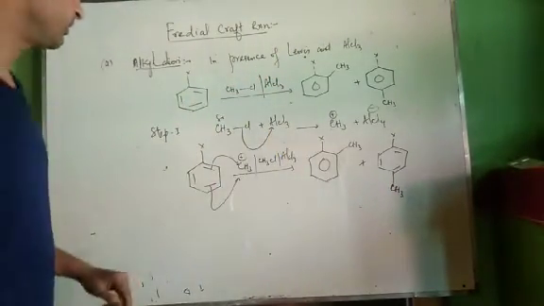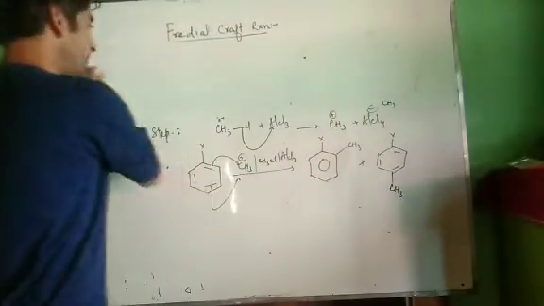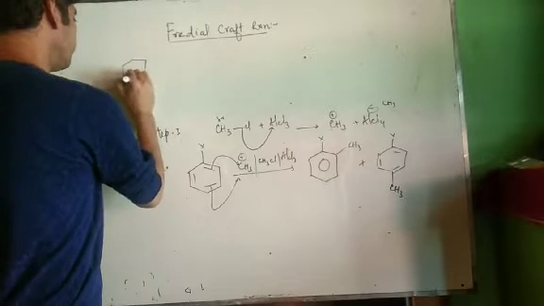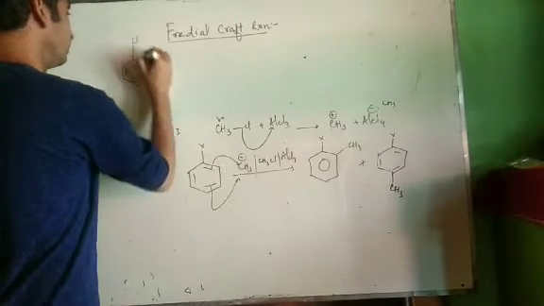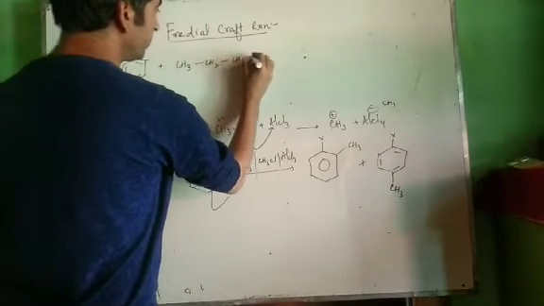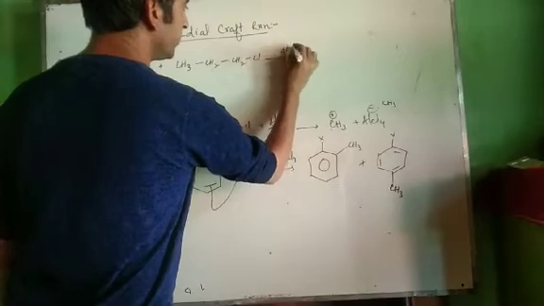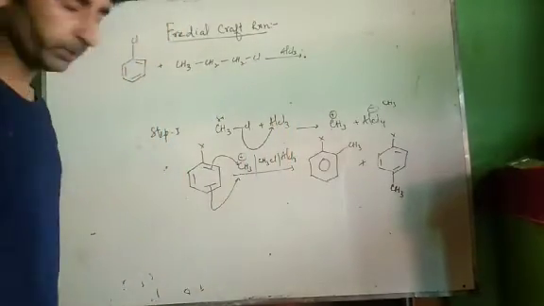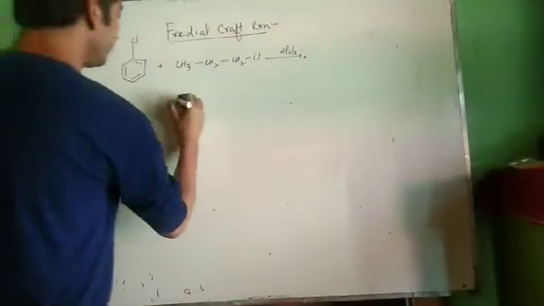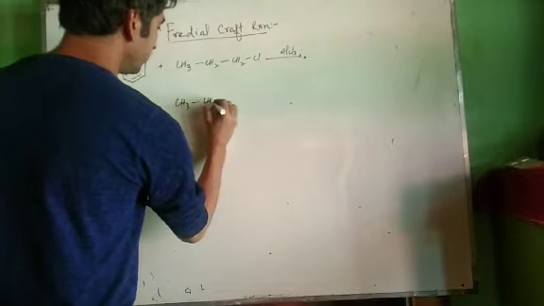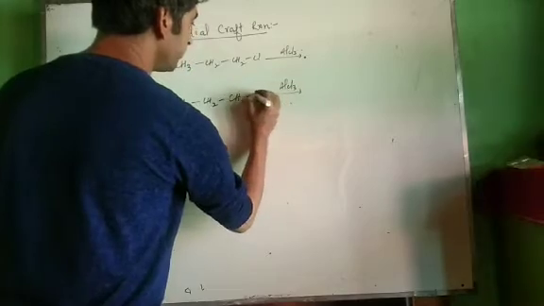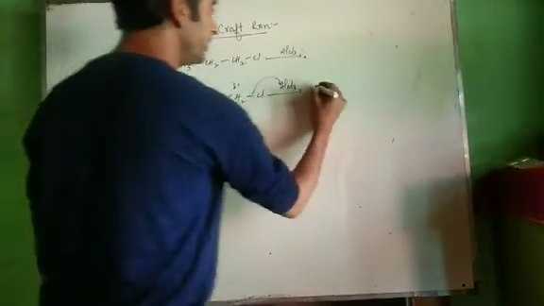Now see, what is the crux of this reaction? The crux of the reaction lies in this. If I take one more example, this is our chlorobenzene. To this chlorobenzene we are adding CH3CH2CH2Cl in presence of AlCl3. Which product will be formed? Now see, the first step of the reaction is important. It involves CH3CH2CH2Cl and AlCl3. This is a Lewis acid, the bond will break, and we get a carbocation. Now this is a primary carbocation.